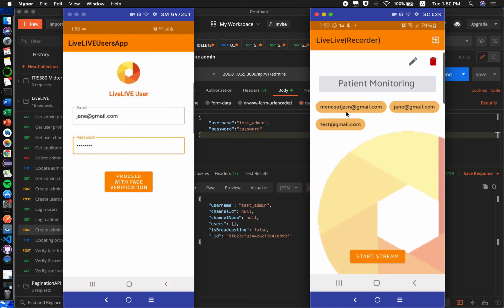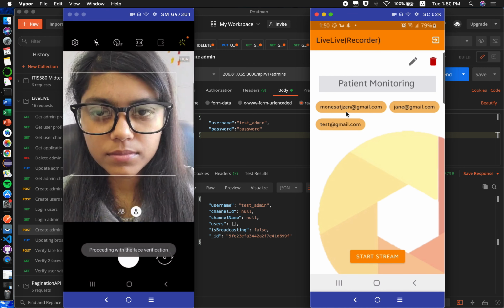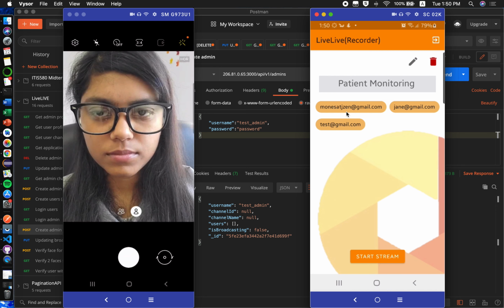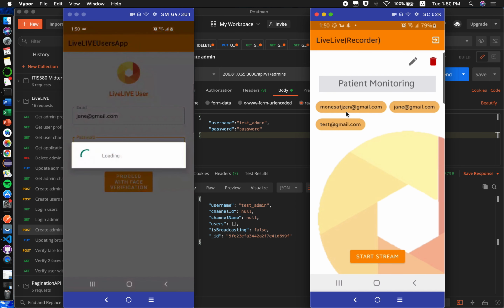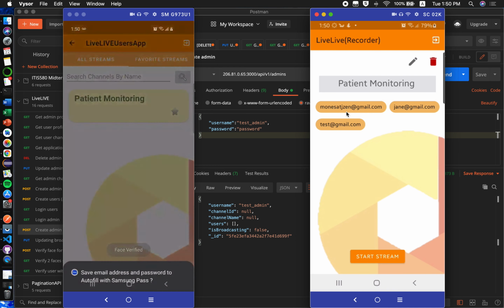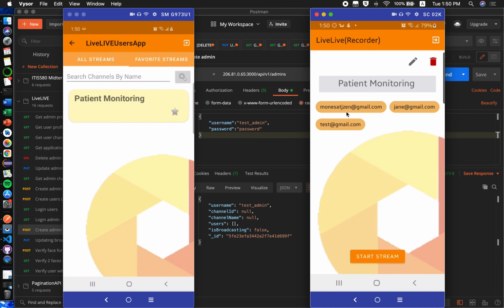Next I'm proceeding with face verification. This image will be automatically checked against the image that was added from the admin, and once the face is verified, I'll be allowed to enter the application.